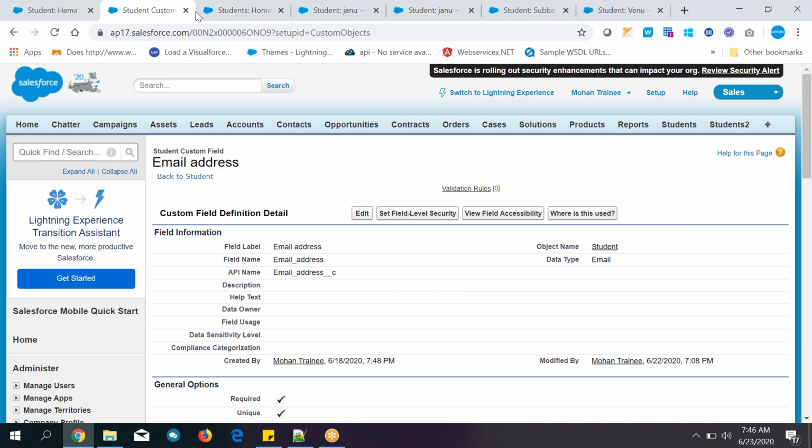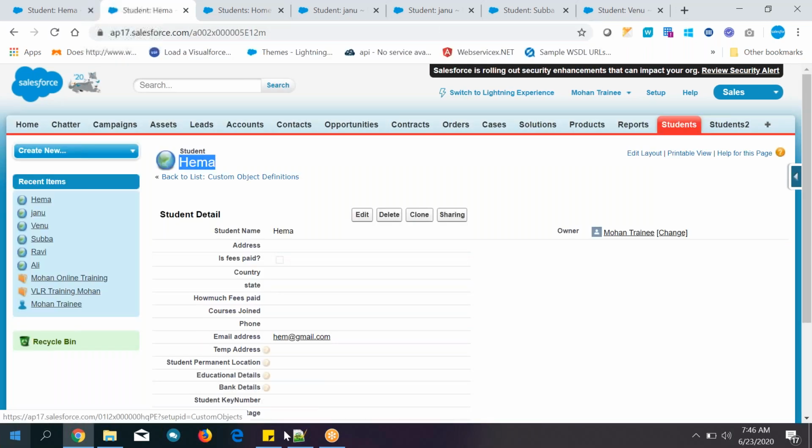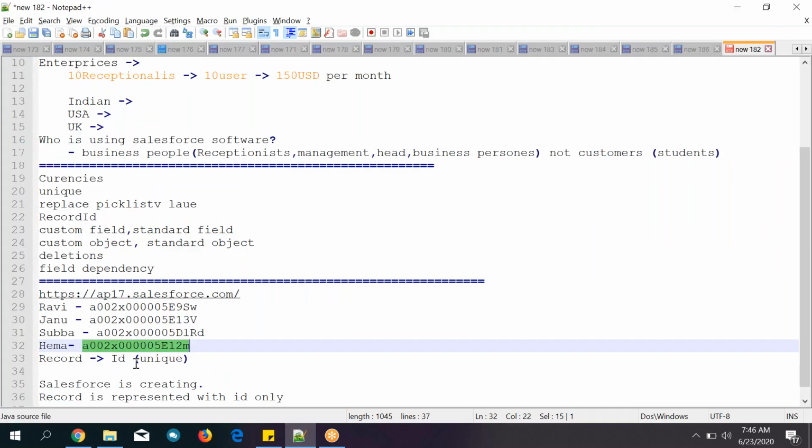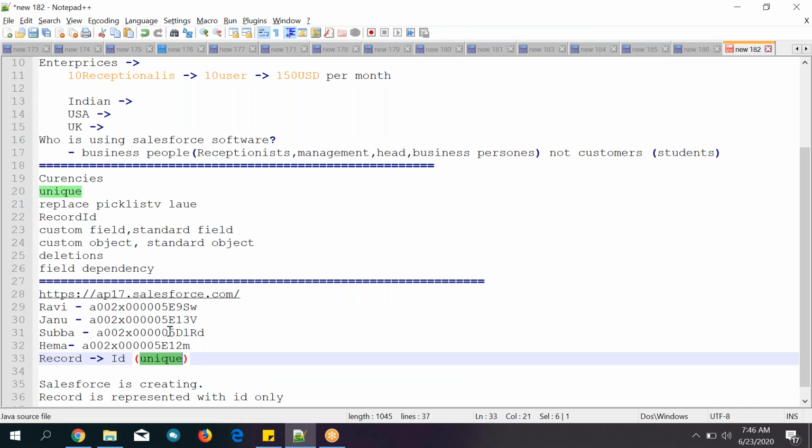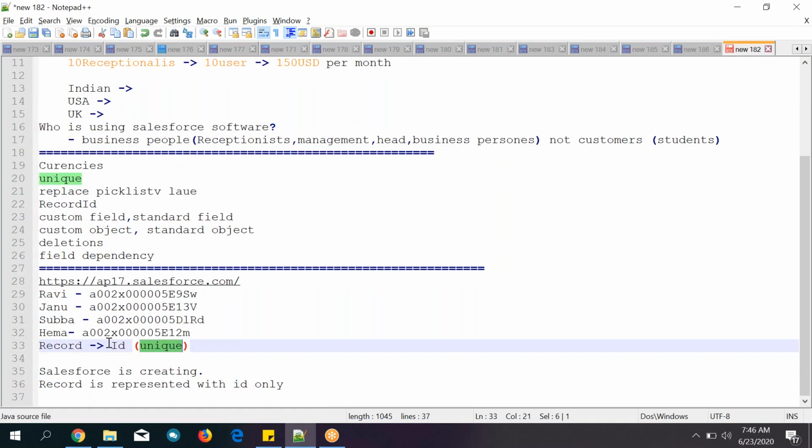Whichever ID you paste, that record will be displayed. This is called the record ID. This is also one of the data types. ID is a data type again. Okay, next.